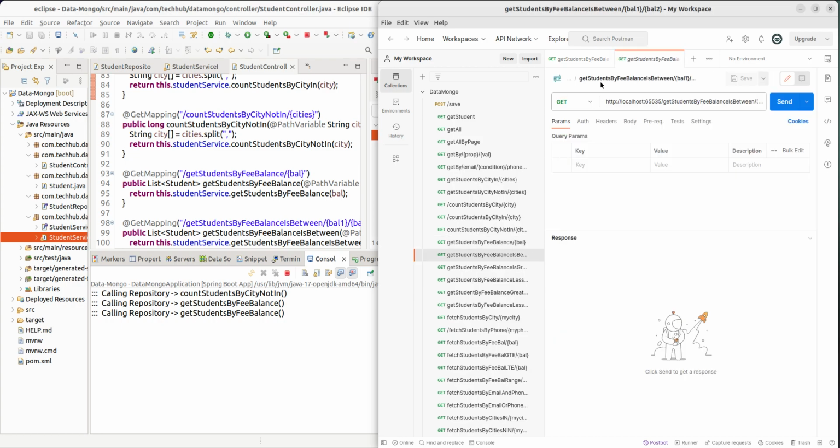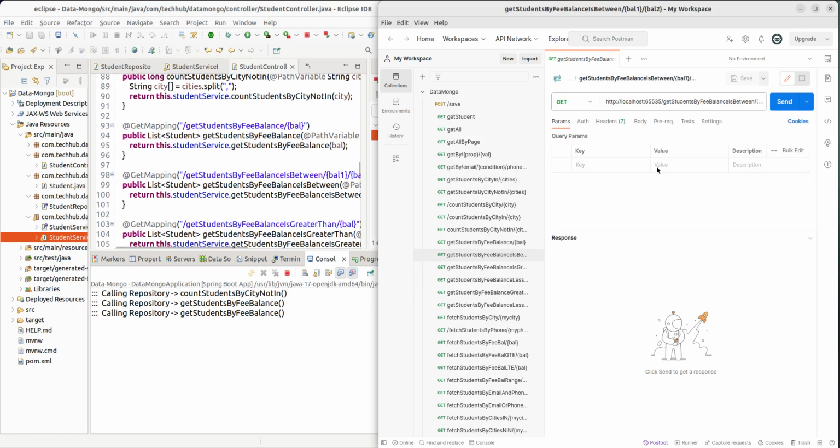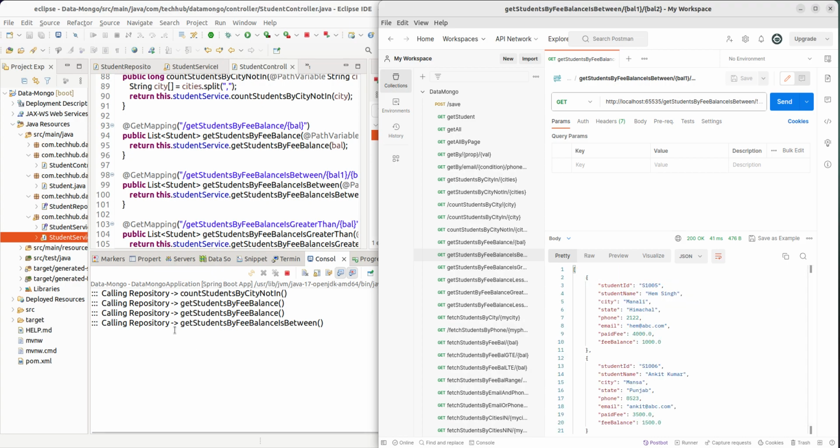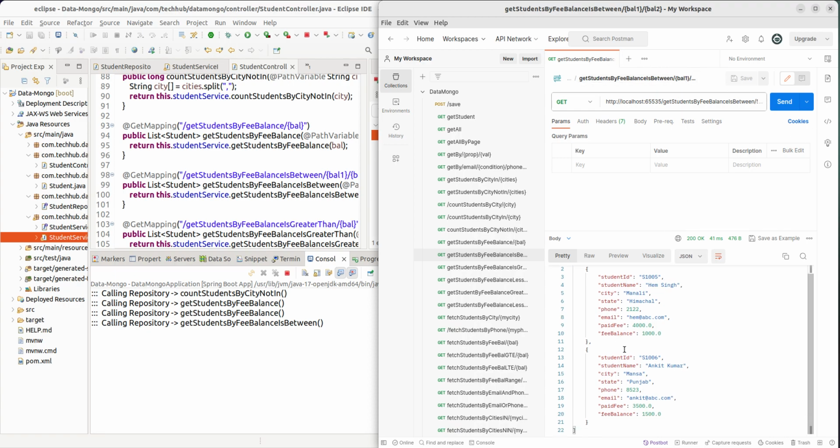Next is fee balance between 500 to 2,000, between these. Right. So get student by fee balance between 500 to 2,000. It will get, and observe this console also. It is calling the same. Okay. Give any number, you can test more. Next, fee balance